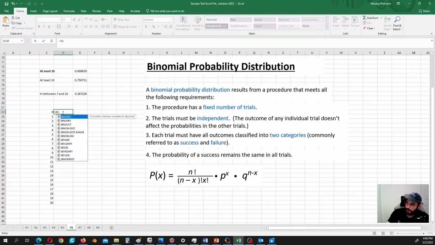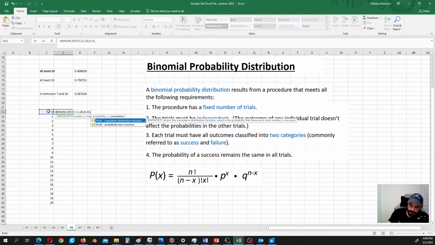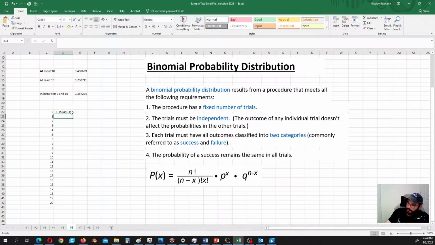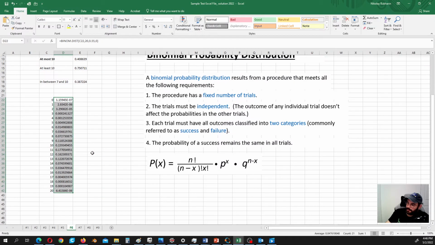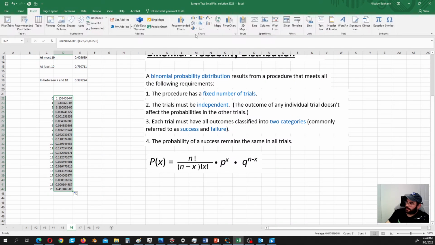Okay, so this is binomial distribution. Number of successes is 0, trials 20, probability of success is 0.55, and that's not cumulative, so we just calculate it at a point. Okay, let's double click and let's go ahead and insert the column plot,